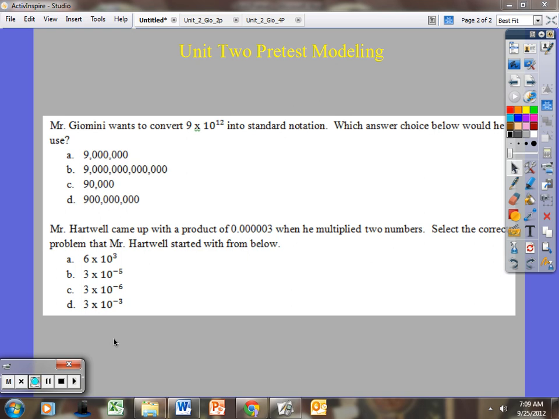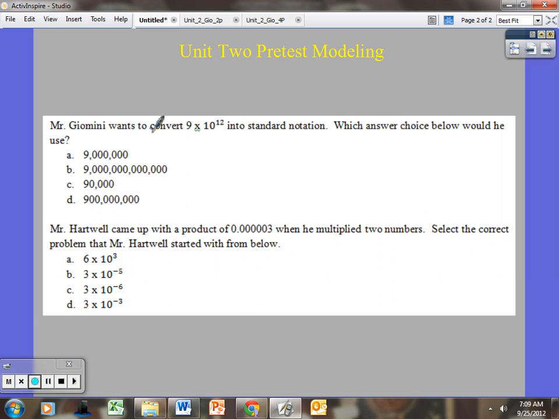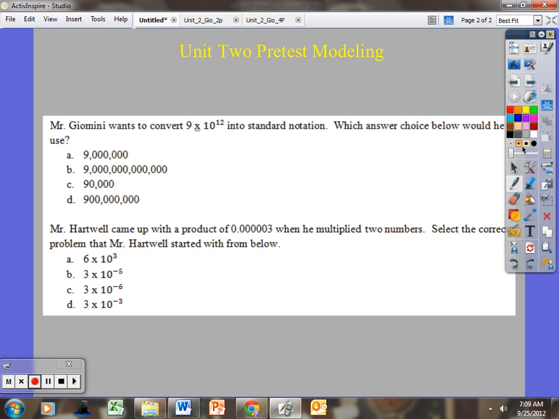I want to take a look at the first two questions from the Unit 2 formative pretest that you now have the ability to answer correctly. So let's take a look. It says Mr. Giomini wants to convert 9 times 10 to the 12th power into standard notation. Which answer choice below